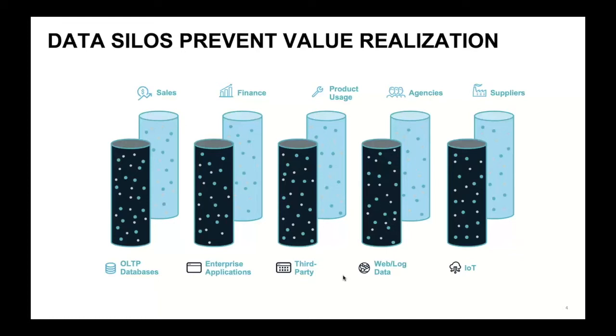You have databases that don't talk to each other. You've got data warehouses that don't talk to each other. You've got web traffic, third-party traffic, social media traffic, and IoT traffic that you'd like to bring in, and you'd like to aggregate all that data so you can get better data science results out of it. Well, that's where Snowflake comes in and we can help.